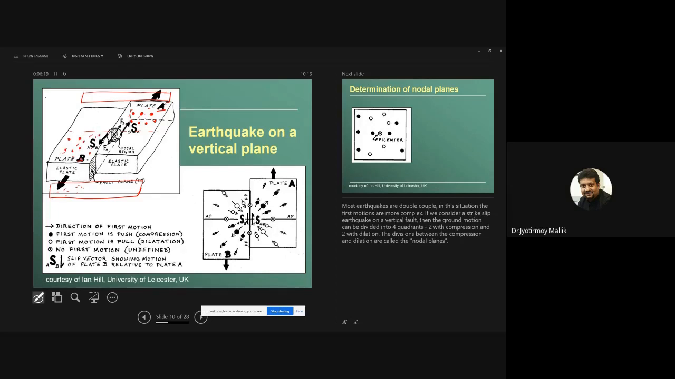On the other hand, this segment of the rock, the blue segment, let me just use some other color. Now, this blue segment of the rock is kind of getting away from this rock, so here I will observe dilation. The first motion will be dilation. Here also, with the same logic, I will observe dilation. Okay. Now, let's say